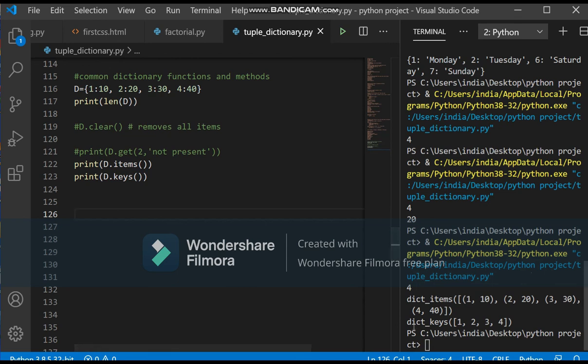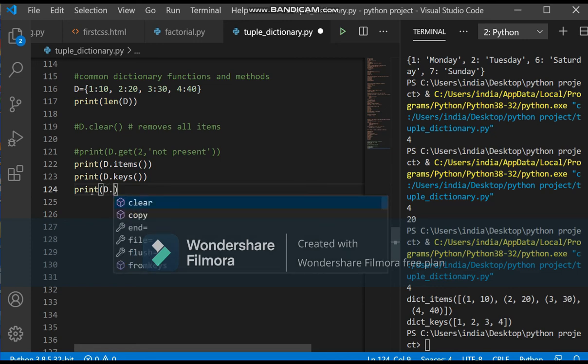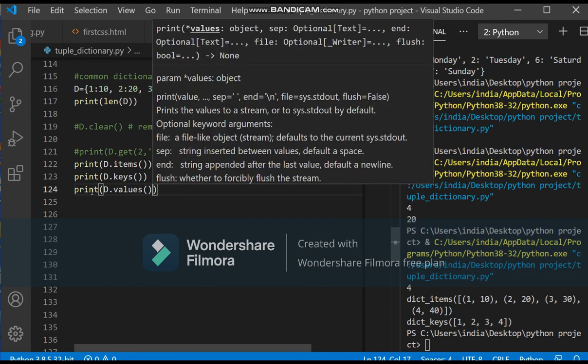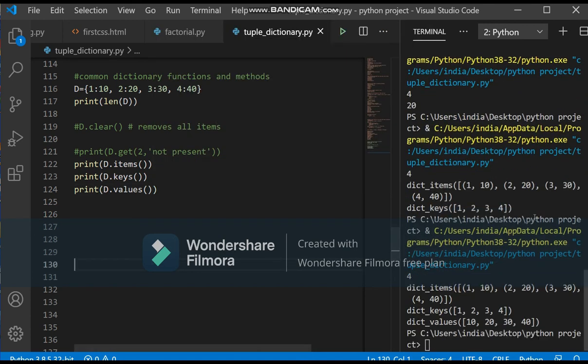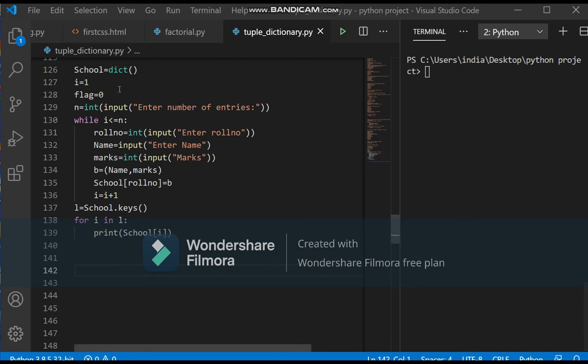So here all the items are there. This is again a method of displaying. These are the items, key and value, in the form of tuples. How can I say they are tuples? Because they are enclosed in small brackets. And your keys are listed, that means they are in the form of a list. That's why they are in square brackets. Similarly, the list of all the values can also be separately extracted from the dictionary by writing d.values. Check here, only the values list, only the keys list, or if you want, the list of items.